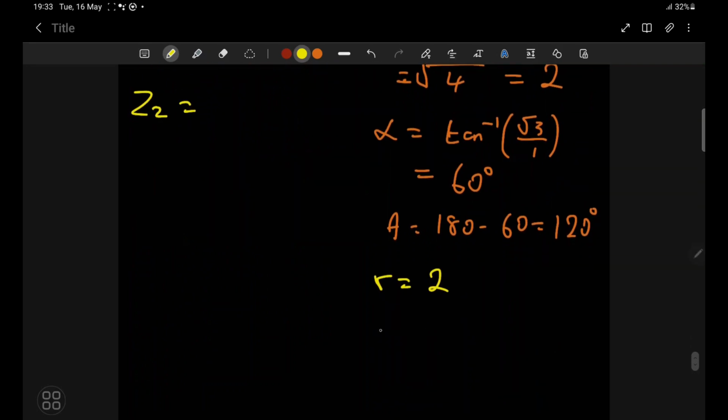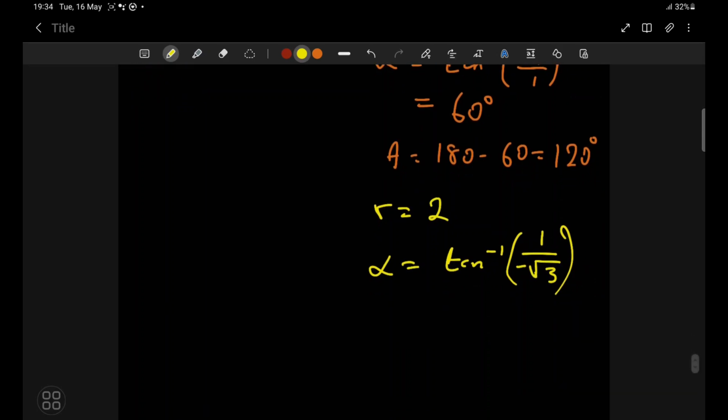Then our angle, we'll have the tan inverse of 1 over negative square root of 3